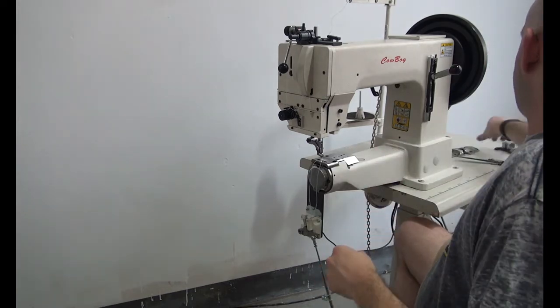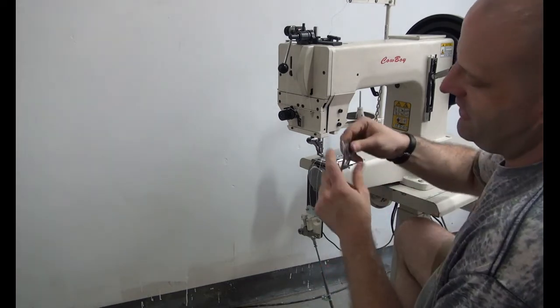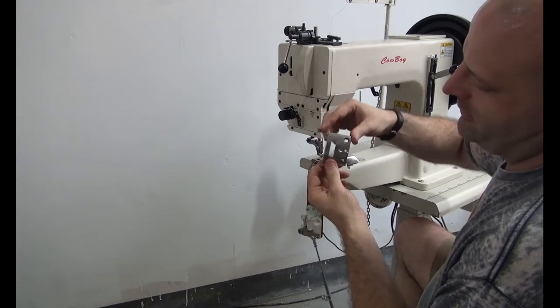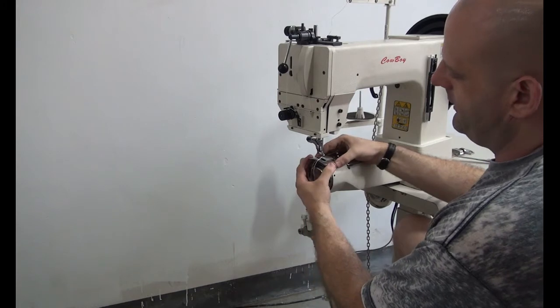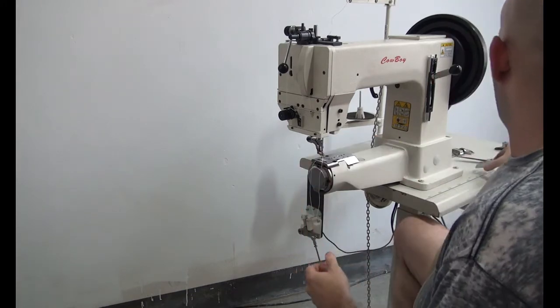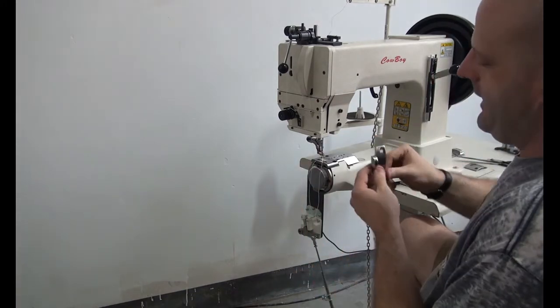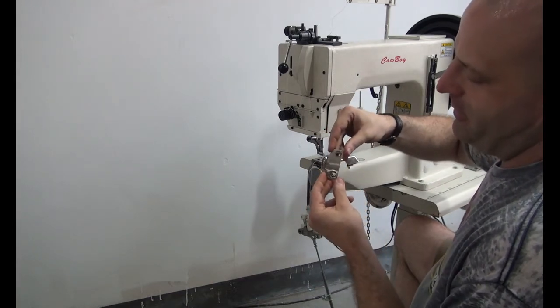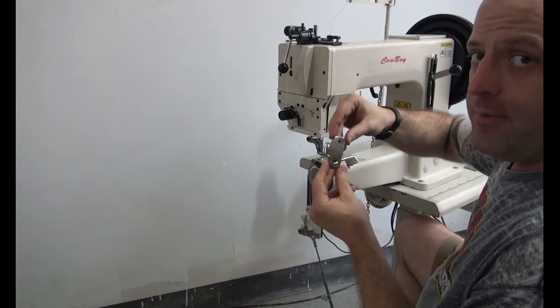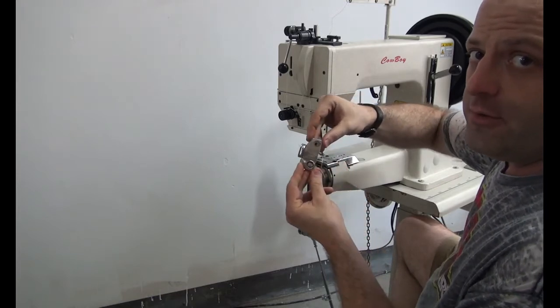And then we also feature the stock needle plate for the machine, which is just a half-moon shaped arc type needle plate. And it mounts in place of the existing needle plate that's on the machine in this position. And then we also have a stainless steel stirrup plate, and the stainless steel needle plates are a CowBoy exclusive. We're the only company in the United States that offers stainless steel needle plates for these